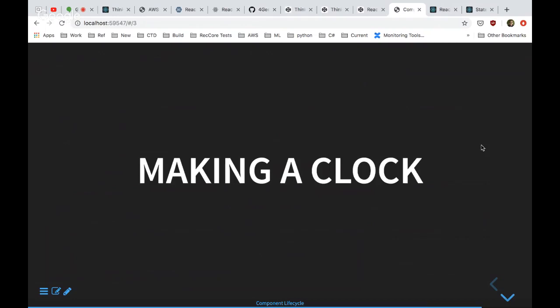None of those change the UI. You need to be very, very cautious changing the UI in componentDidMount or componentDidUpdate, because you could easily end up in an infinite loop. If you do something that triggers a change in your component in componentDidUpdate, it's going to re-render, which will trigger componentDidUpdate, which will probably trigger your change, which will cause you to re-render. And so you can easily put your code in a loop that just goes forever and can never exit.